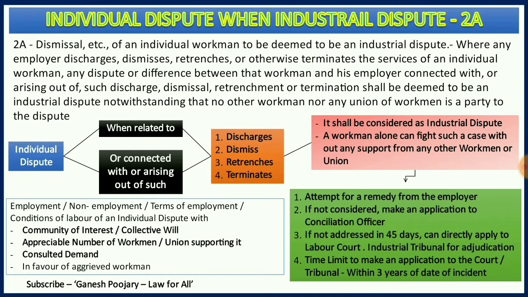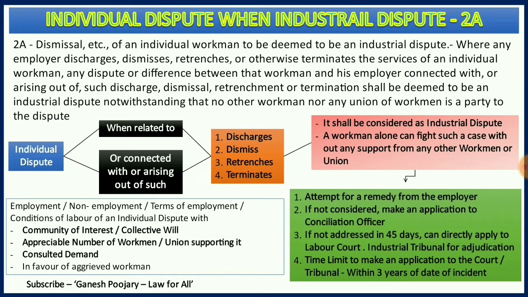Now, if the employer is not bothering about your application, in that case, you have to make an application to the conciliation officer. Once the application has gone to the conciliation officer, he needs to address you within 45 days, and if he is not taking any decision, then you can directly apply to the labor court or industrial tribunal